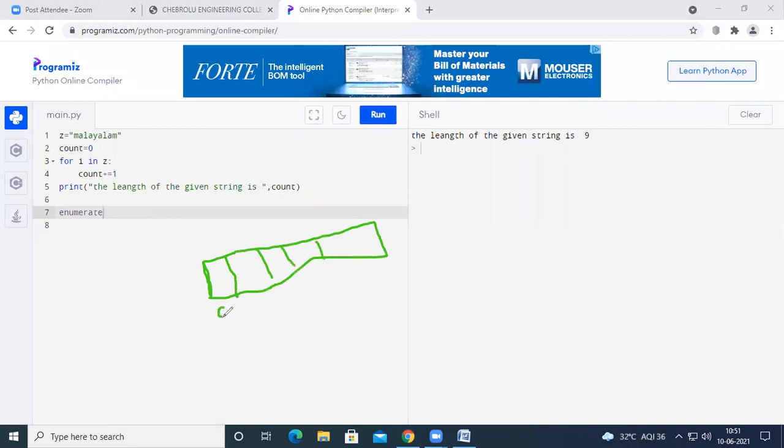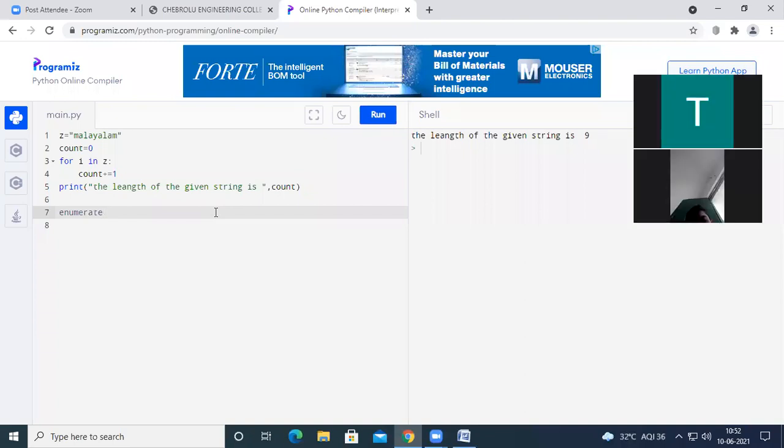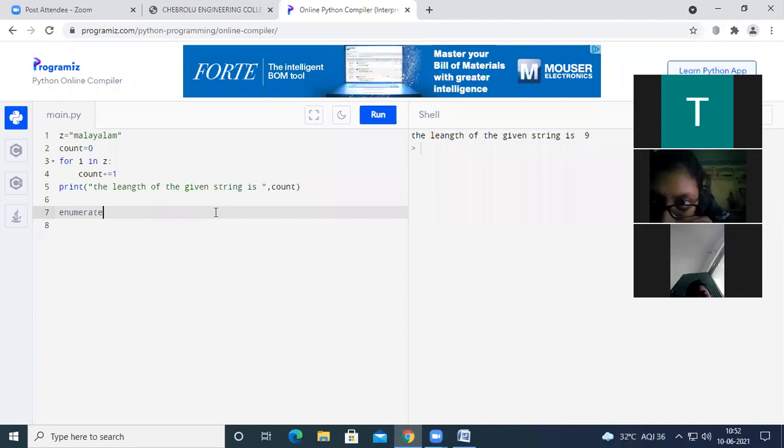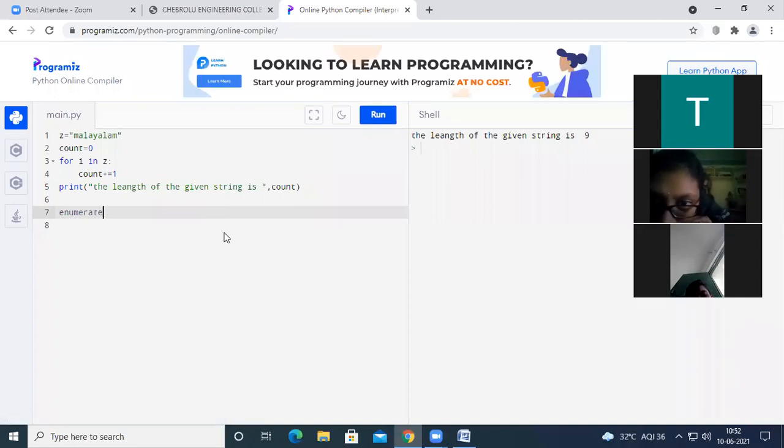For example, the parts will have the index of 0, 1, 2, 3, and so on. And at each and every index, there will be one value. So we are discussing all of these things. But we can simply find what character is stored at which index by using this enumerate function. So what this enumerate function does is it contains index and values.